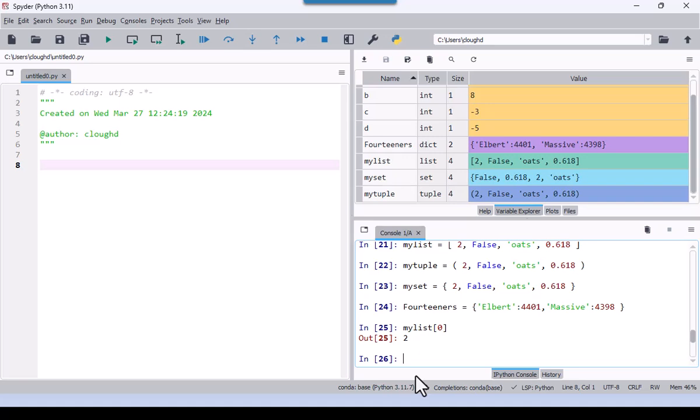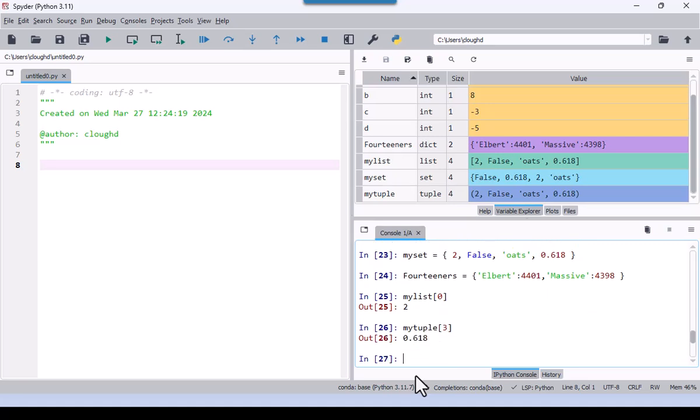So what you're noticing here is that Python's subscripts of collections and arrays have an origin at 0. So the first element is indexed 0, and so forth and so on. For instance, here, if I do my tuple, whoops, let's spell it right, 3, that is 0.618, and you'll see that that is actually the fourth element, but if you start counting at 0,